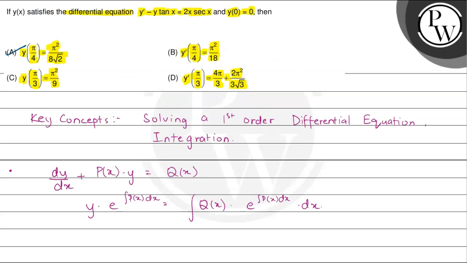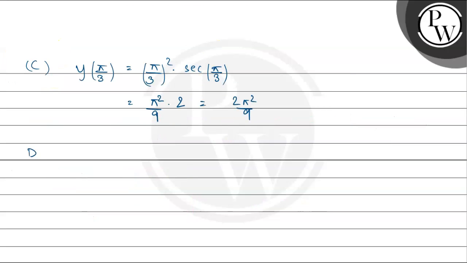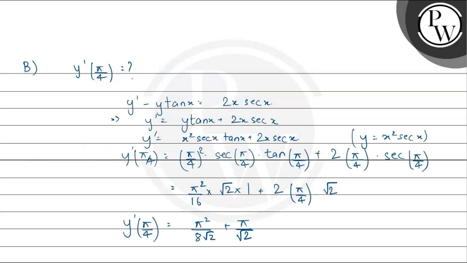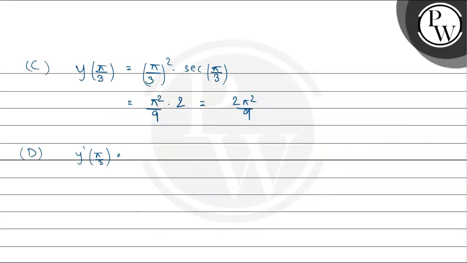Now we'll move on to evaluate option D. We have to evaluate y dash of pi upon 3. Now, by evaluating option B, we had already evaluated the value of y dash of x, which came out to be x square sec x tan x plus 2x sec x. Hence, we'll say that this is y dash of x, and using this, we can say that y dash of pi upon 3